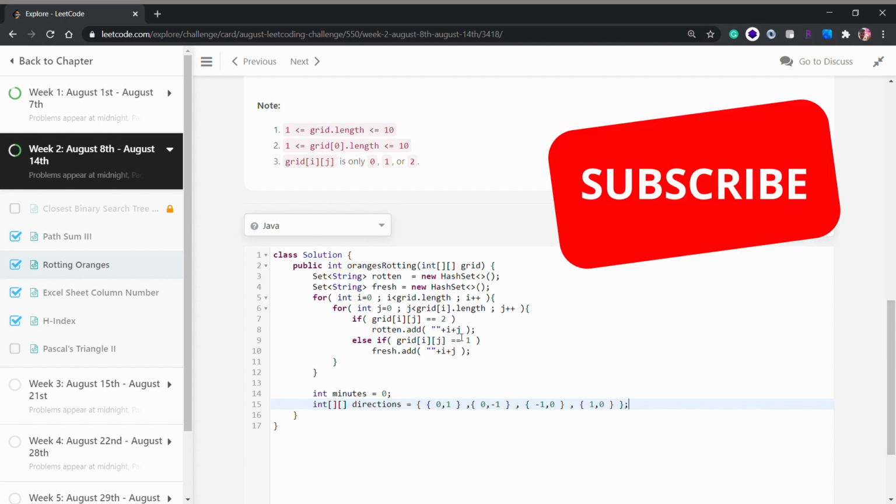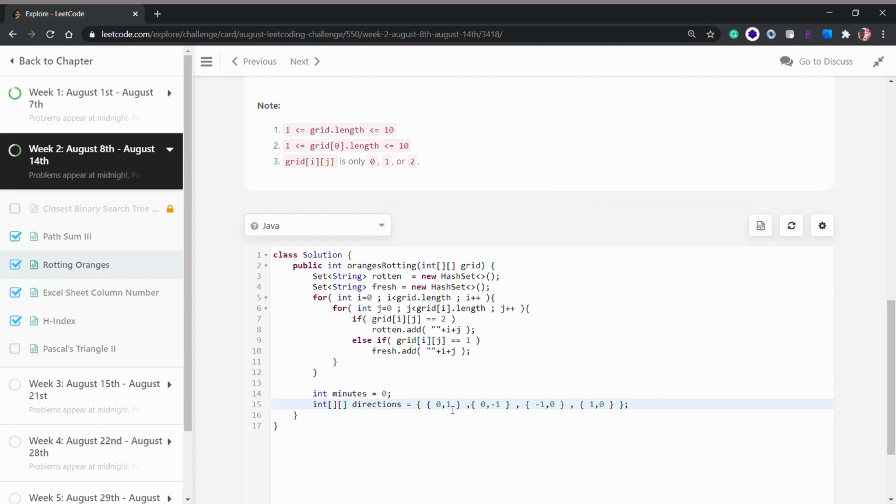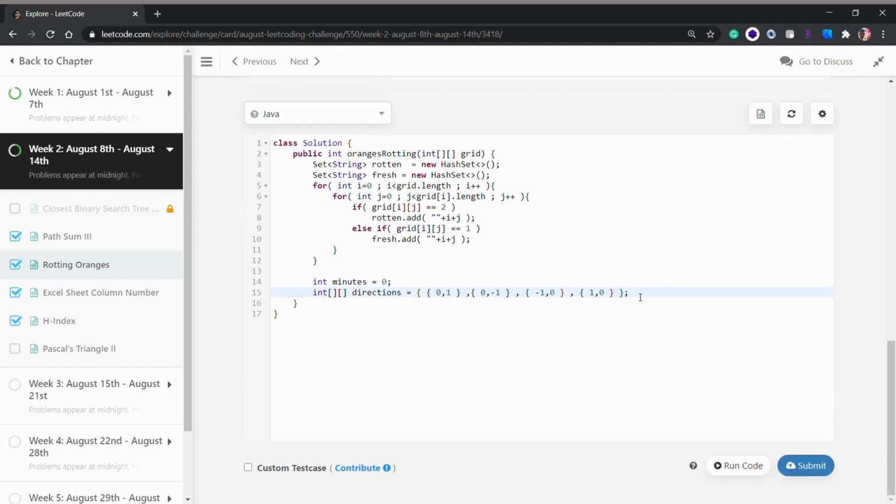So this is a 2D array containing all the directions, which will go up, down, left, and right. For example, if you want to go right from the current position, we use the first one, because we are adding 1 to our j, the column number, and if we want to move left we can just subtract. So basically we are just storing directions to traverse, to infect all the oranges in the four directions.